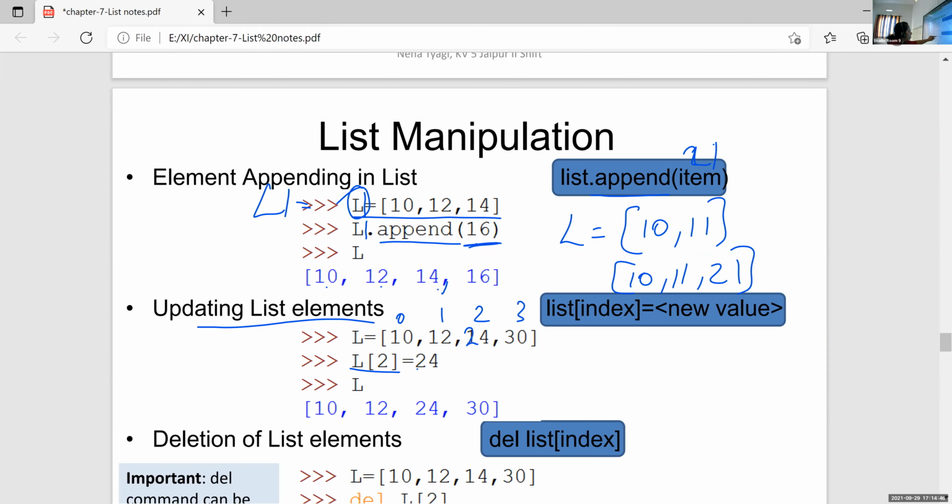I want to update this 14 with a new value, 24. For that purpose, I am using the statement L of 2. This 2 is the index value, that is 0, 1, 2. So L of 2 means the current value is 14 and this 14 is replaced with the new value 24.